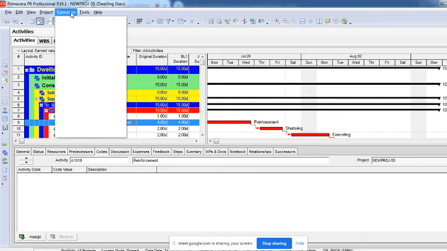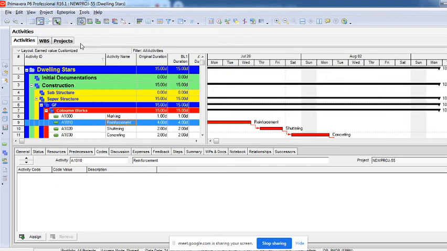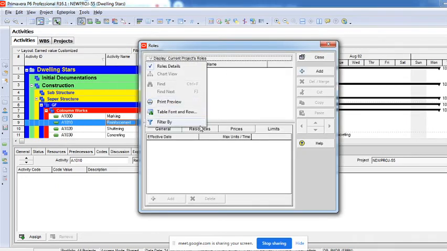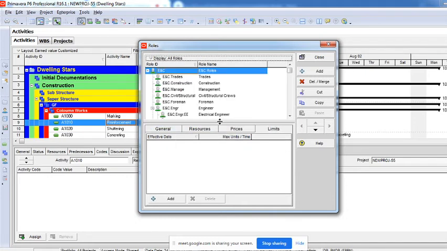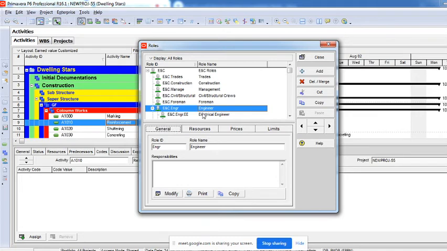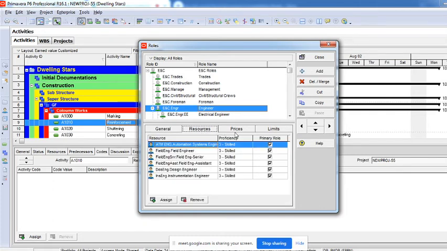If you want to see it, you click on this Roles, probably any of the roles, which will display all. Right now it is filtered to only this project, so I'll remove the filter to make it show all. If I click on this engineer, here, this only tells that he is an engineer, but you will have to mention the responsibilities, what are the different things he is doing. Now when I click on this engineer, there are so many people doing this work, you can see this is a resource which we have assigned.